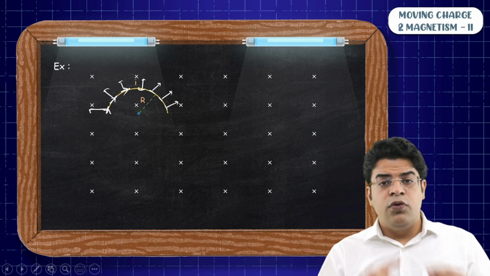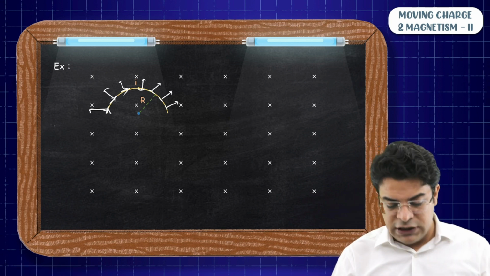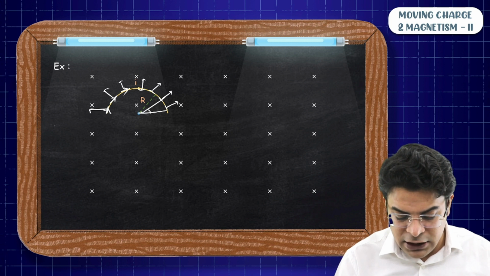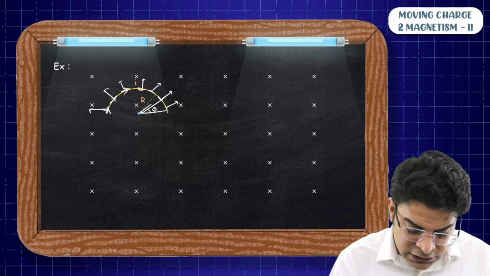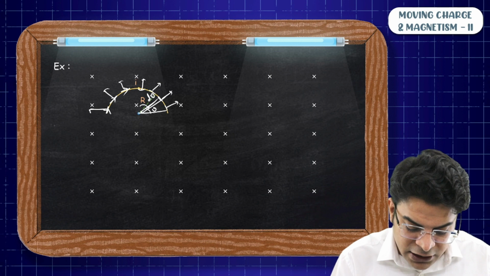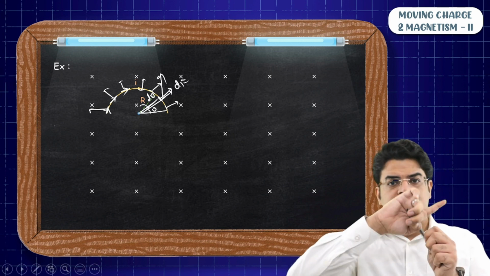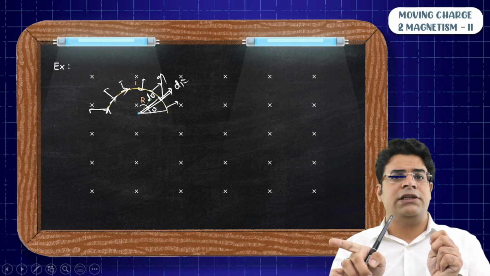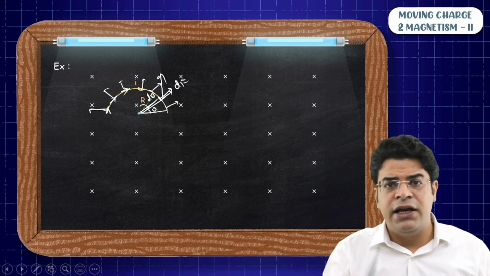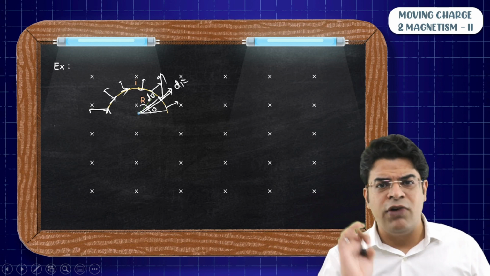And then to find the resultant of all these forces, I will have to go at some angle theta, think of one small element subtending an angle d theta at the center, write the force on it, take its vertical component because I know that the resultant of all these forces is going to be vertical, and then integrate to get the result. That is one approach.